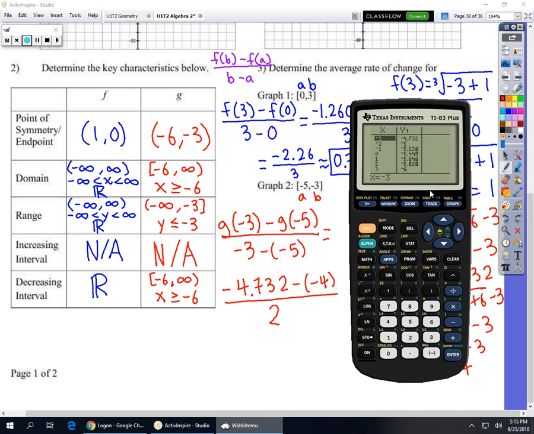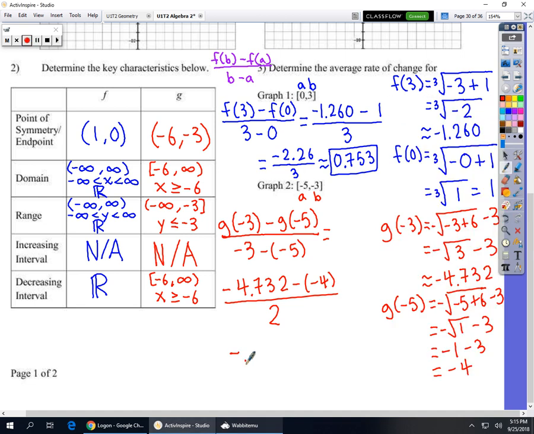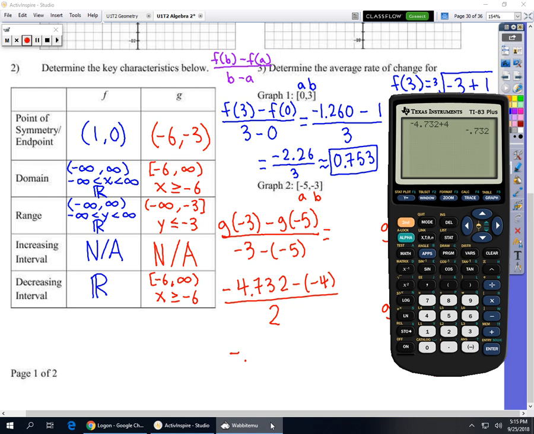Since the answer was wrong on my paper, I actually have to do it on the board. That is negative 4.732. Remember, minus and a minus is a plus, so just put a plus. Don't do double minuses. I don't think that really works well on calculators. So that's negative 0.732 over 2. So negative 732